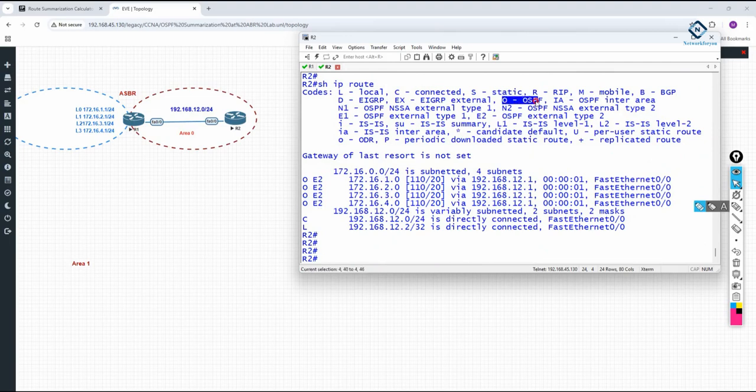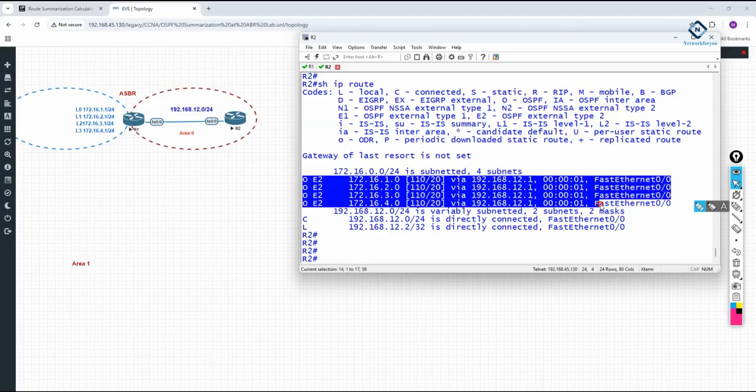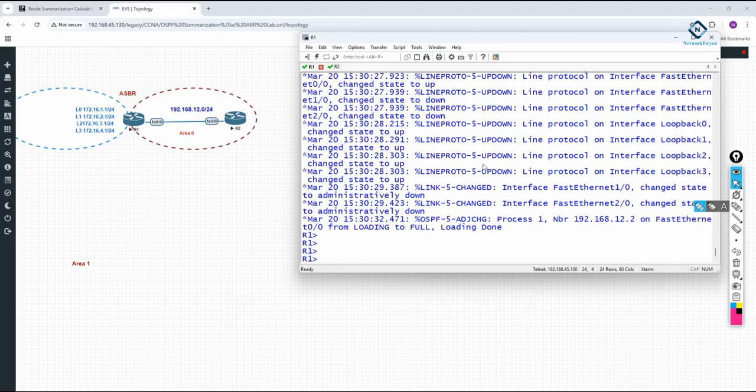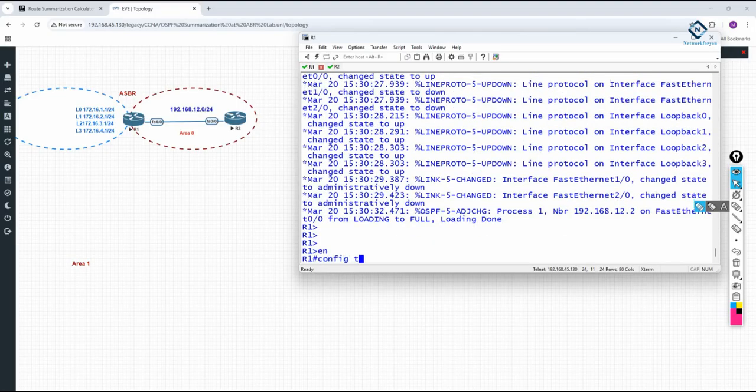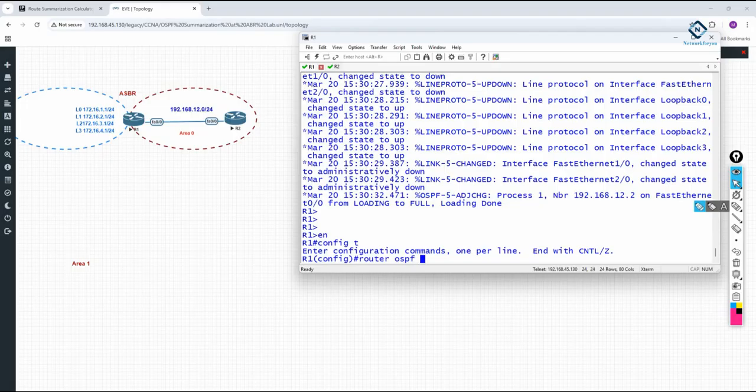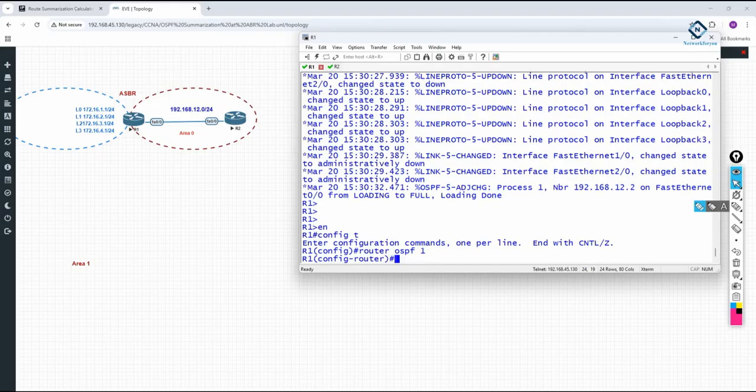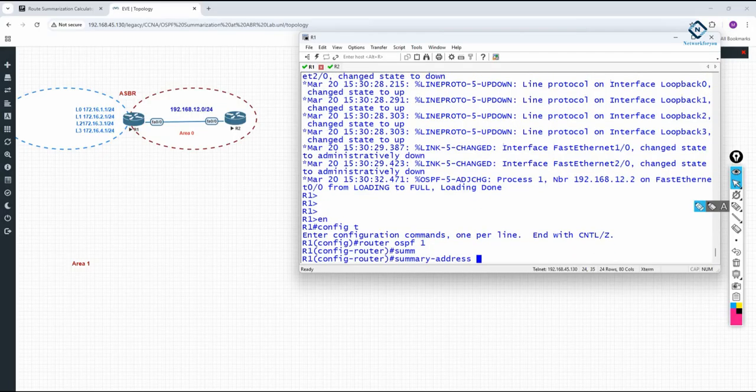If you see, O means OSPF, external type 2. By default you have E2, external type 2, so you are getting this one. So you are getting this many routes. Imagine you have 4000 routes. If you don't want to get the 4000, then what you need to do here, you will write router OSPF 1, and then you have a different command. You need to write summary-address, and whatever that address is,